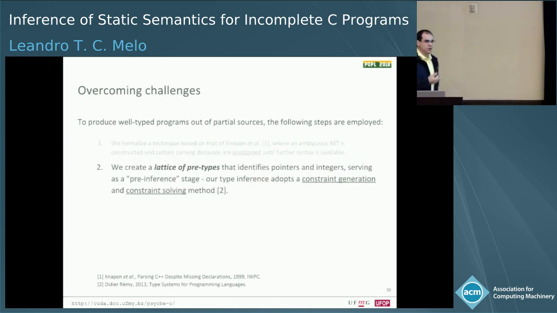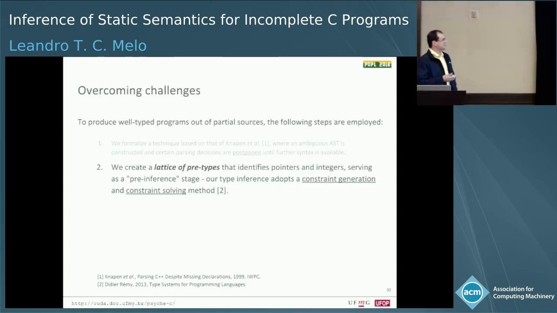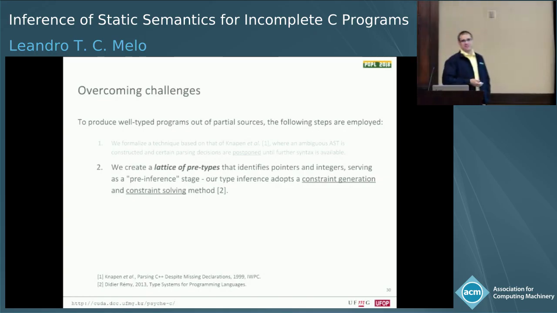And about the null pointer thing, what we do is that we have a pre-inference stage, and the result of this pre-inference is what we call pre-types. I'm not sure it's the best name, but it's what we came up with. Actually, the name in the original paper was different. We had suggestions to change it.